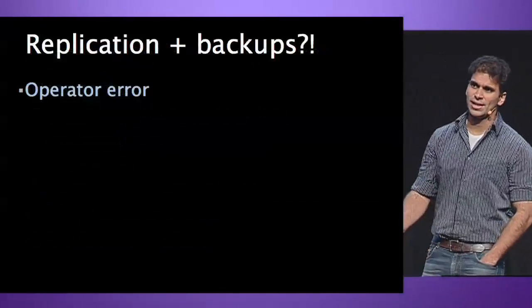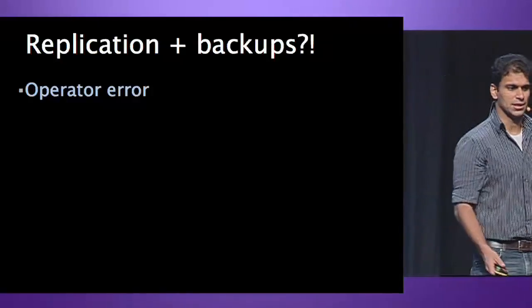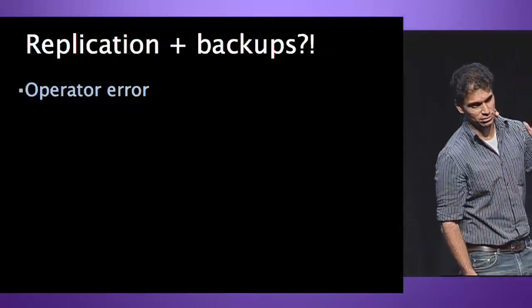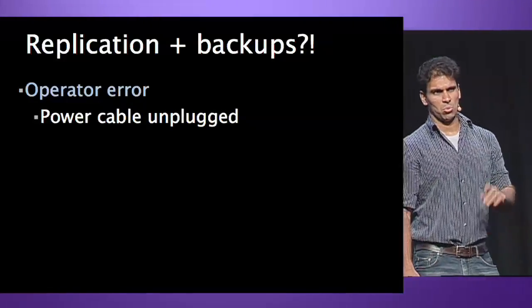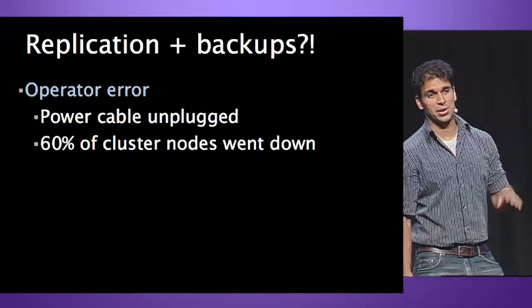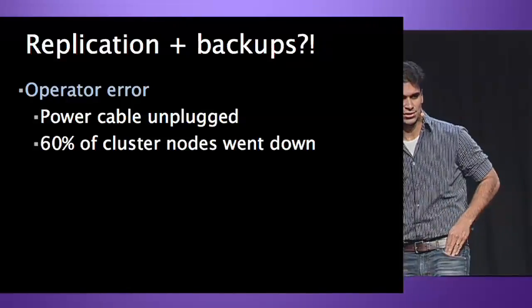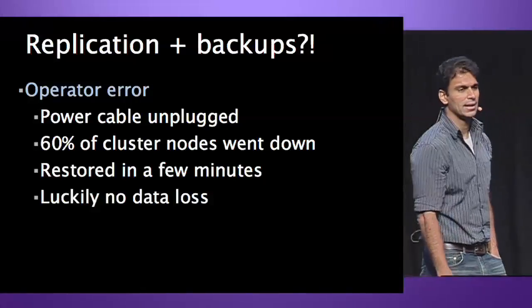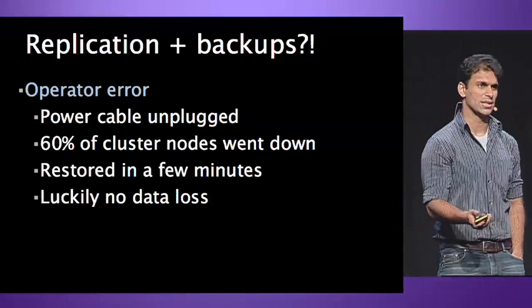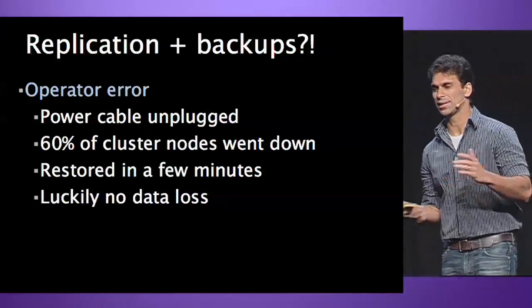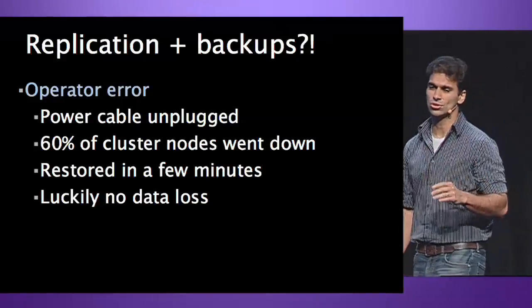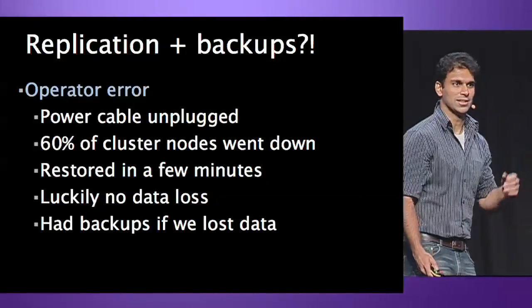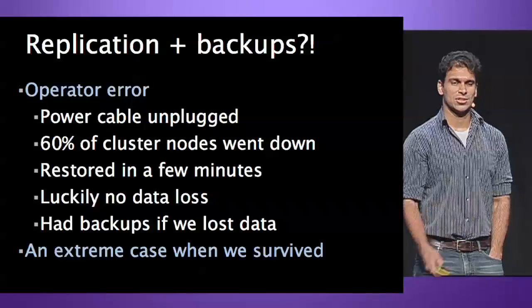Okay, so you'd ask, you already have 3-way replicas. Why do you need backups, right? I could give you a bunch of justification, but nothing works as well as a real example. There was actually an operator error. One power cable, I believe, was unplugged, and I don't know how, but 60% of the machines in the entire cluster went down. The power was brought back up in a few minutes, but we were lucky that there was no data loss. Otherwise, in certain scenarios, like when you're major compacting, deleting data, purging it from trash, what have you, we could actually have lost data. But we did have our backup. So we're convinced that we put in good work there. And that's an extreme case where we actually survived.